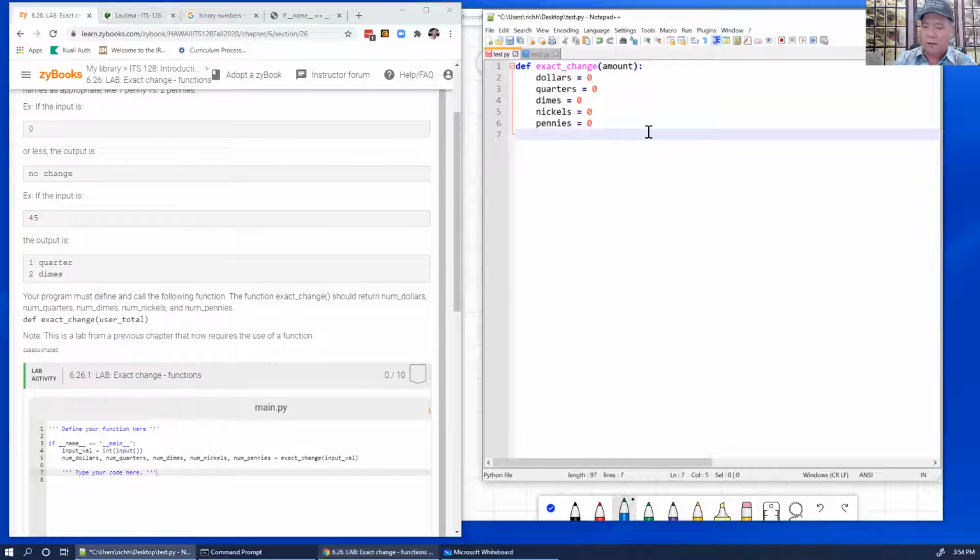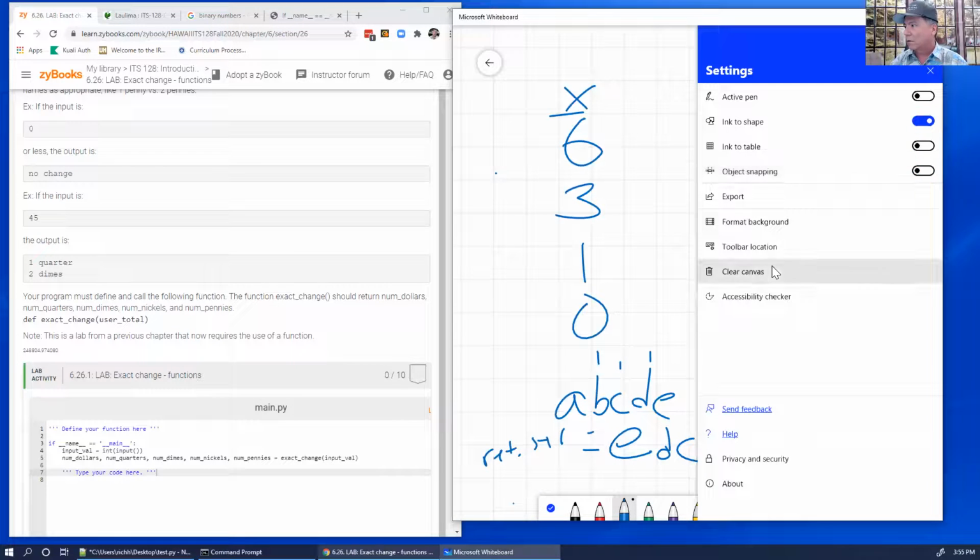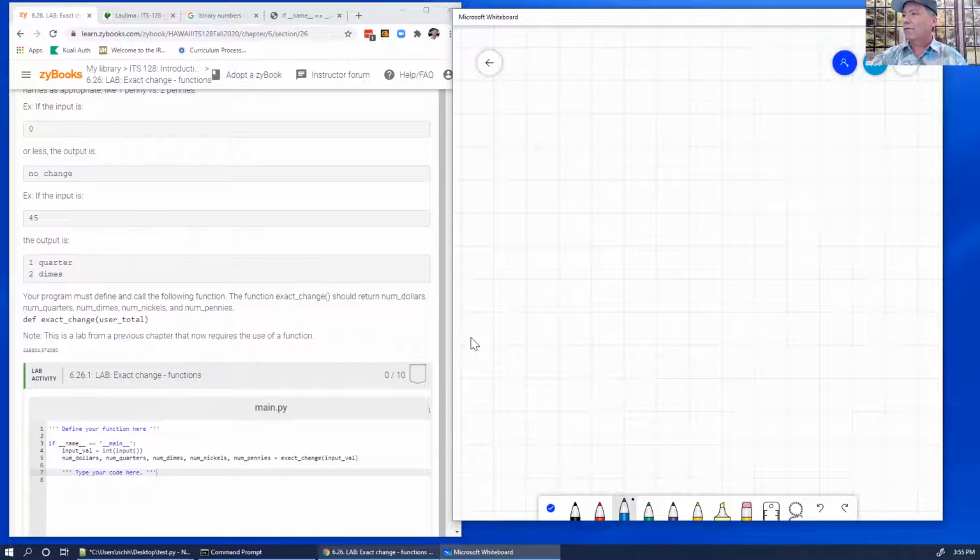So the first one is dollars. First we're going to divide out the number of dollars. That's just dollars equals amount integer divide 100, because the amount is actually in pennies. So the amount is 542, which is actually 542 pennies, but really it breaks out to $5 and then 42 cents. Let's say it's, I think I've got time, let's say it's